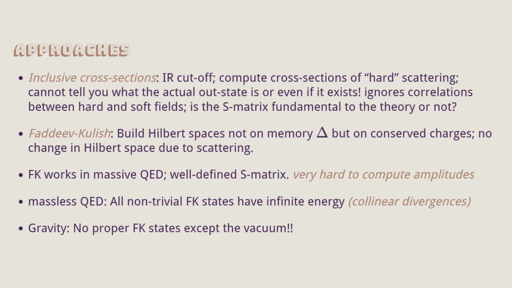For gravity, there's also a collinear divergence, but it's a much weaker singularity, so it's actually integrable. So it helps you compared to massless QED. You don't end up with this issue of some infinite energy. This infinite energy is really coming because the collinear divergence cannot be square integrated. In gravity, it can be square integrated, so it's not the collinear divergence that's causing this problem.